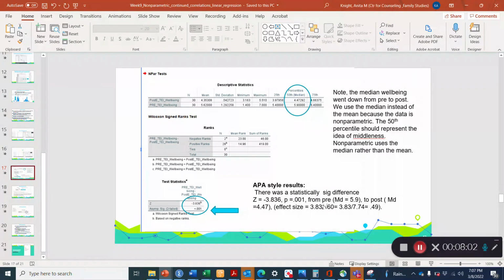We just are concerned with the absolute value. Don't worry about the negative sign because the z-value is both positive and negative. So we're just concerned with the absolute value. And we want to divide that by the square root of n. And because we're looking at pre and post test, it's the number of cases. So there's a total of 60. 30 plus 30 is 60. So we divide that by the square root of 60, which is 7.74, and that gives us 0.49 for our effect